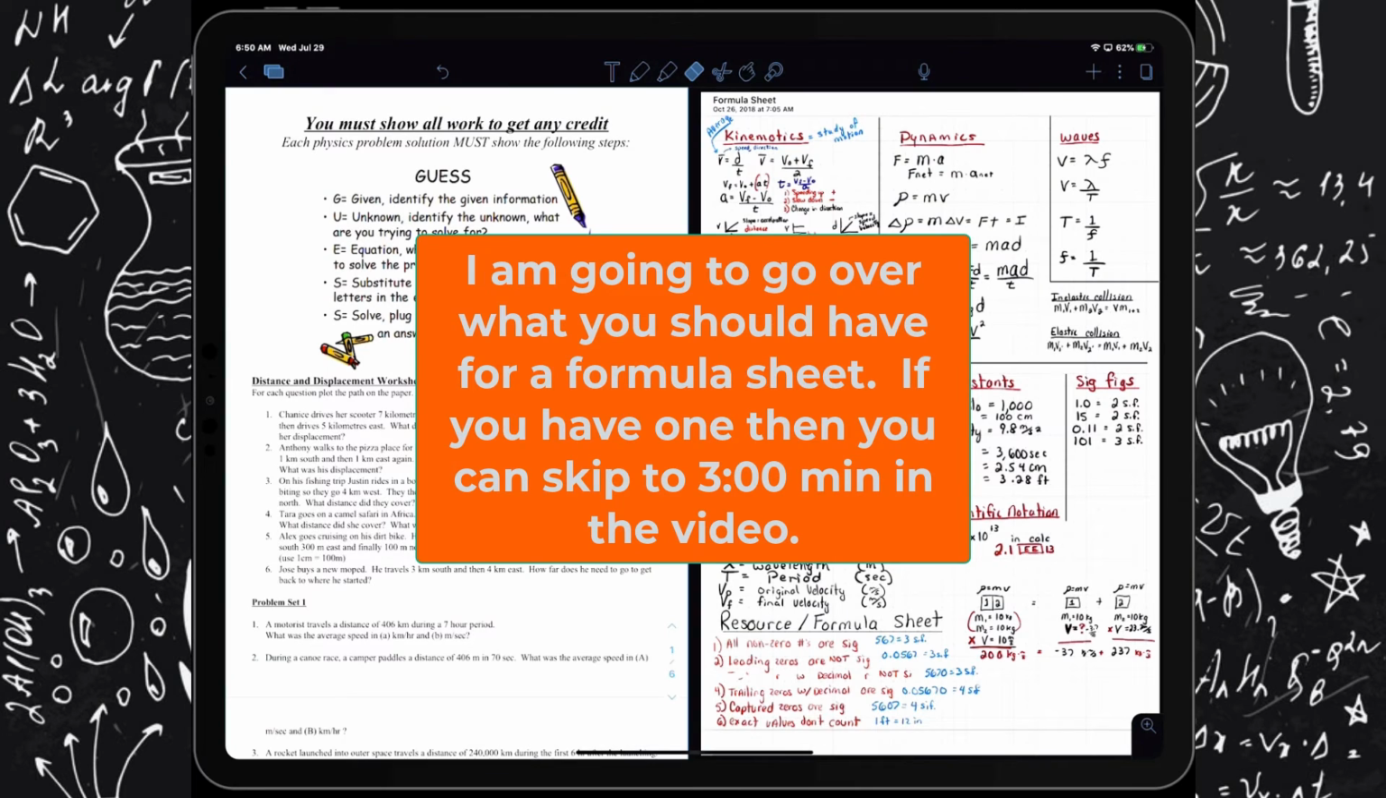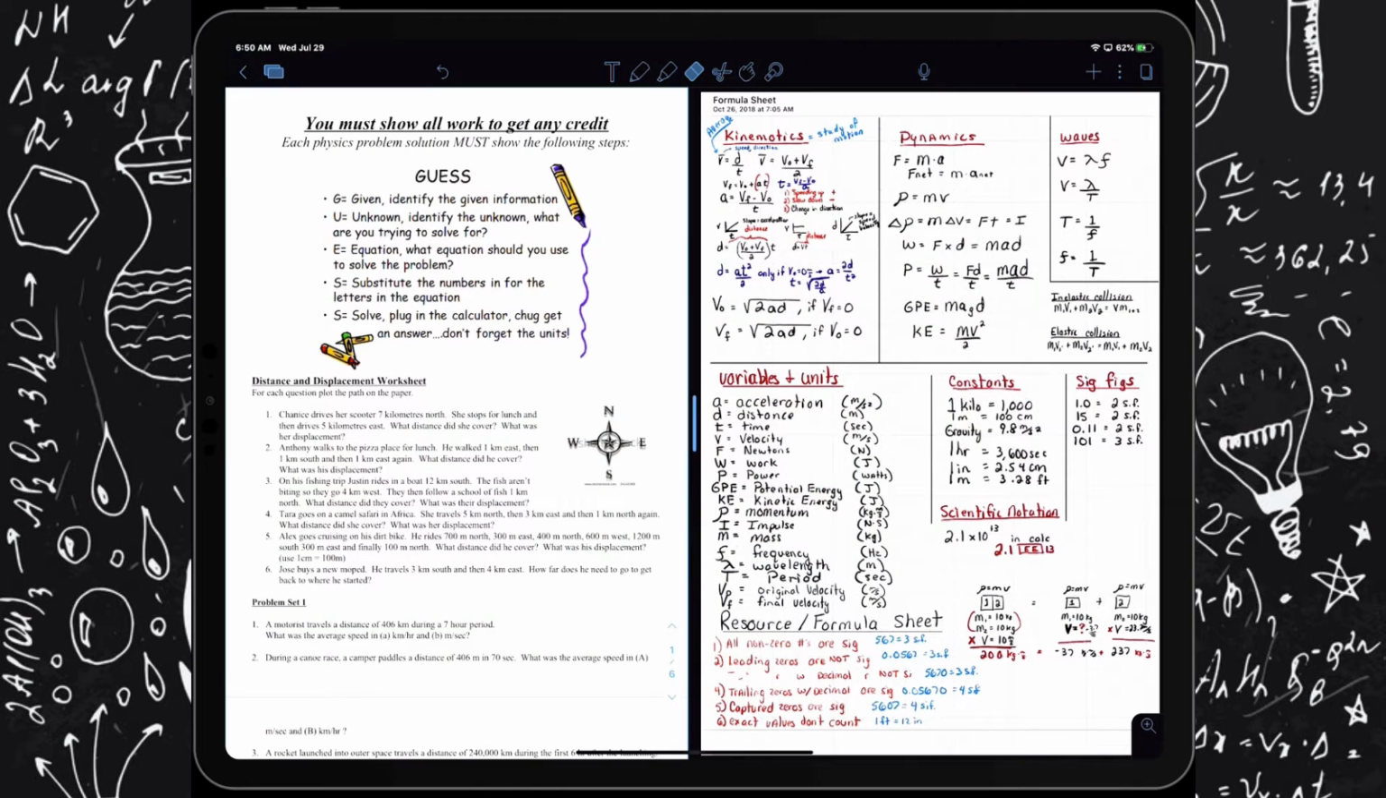Hello, students. We're going to continue with the kinematics problem solving, and we're going to work on problem sets 4, 5, and 6 today in class or at home, wherever you decide to get this finished up at. A key thing here before we begin, I keep saying that you should have a formula sheet that you're maintaining,